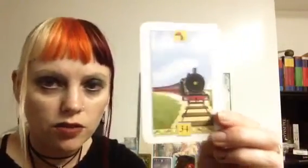Now I did mention before that I do have a Gypsy fortune telling deck, which may be considered Kipper, I'm not sure. I'm just going to dig it out. Okay. So it's the Romany Fortune Book and Card Pack. So this one's a bit different. Okay. So I believe there is 36 cards in here, and it's got stuff like the house and the bouquet that Lenormand has. But it's also got stuff like the Kipper has, like the journey, the train,